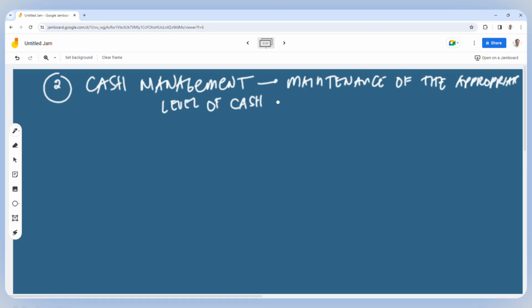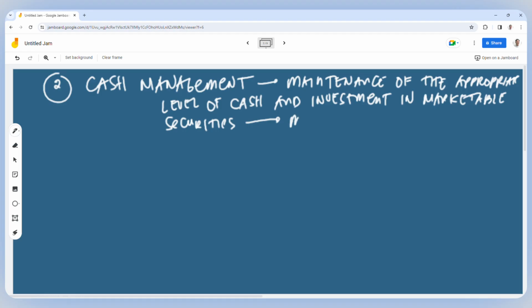Kaya ang cash, no? And also investment in marketable securities. Sir, bakit kasama yung investment in marketable securities? Kasi class, yan ay risk-free. It can be converted into cash. Marketable securities. Okay. Ang goal naman natin is that, of course, to maximize our income. And at the same time, we have funds. Yan naman yung pinaka-goal ng ating cash management.